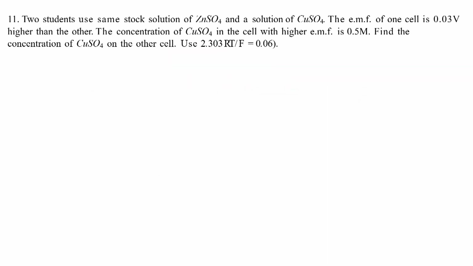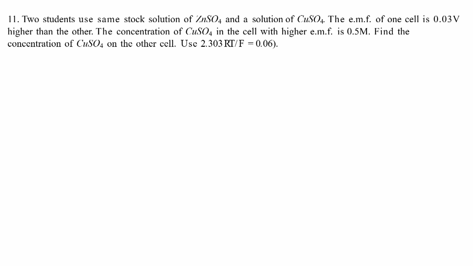Now, problem number 11 says two students use the same stock solution of ZnSO4 and a solution of CuSO4. The EMF of one cell is 0.03 volt higher than the other. The concentration of CuSO4 in the cell with higher EMF is 0.5 M. Find the concentration of CuSO4 in the other cell. Use 2.303 RT/F as 0.06. The two cells can be represented as